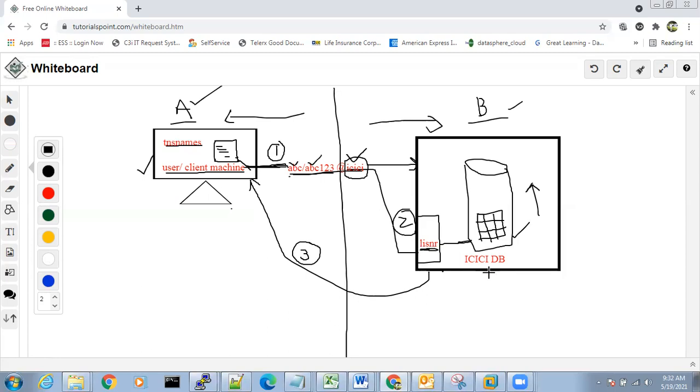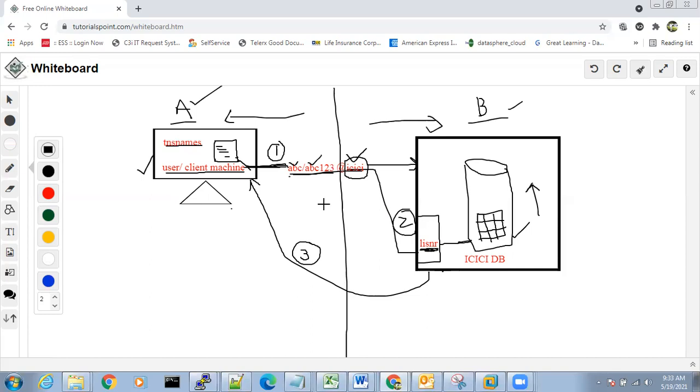If the listener is up, it is like the person I am calling being available: if that person is online, they will pick up the call and respond to me. In the same way, when the user is calling the listener, if the listener is online, then the listener will listen to the request and connect to the database. Once the connection is done, the user will get a response: connected.